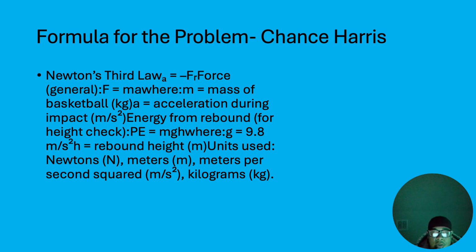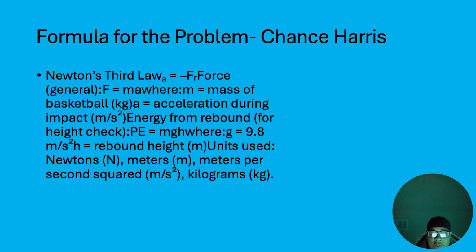Since I'm working with Newton's third law, the main idea is that the action and reaction forces are equal in magnitude and opposite in direction, so the relationship is F equals negative F. To connect that to real numbers, I also included the general force equation, which is F equals m times a, which is useful when we know the mass of the basketball and